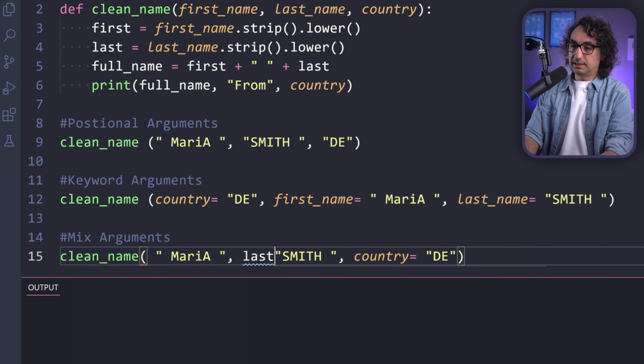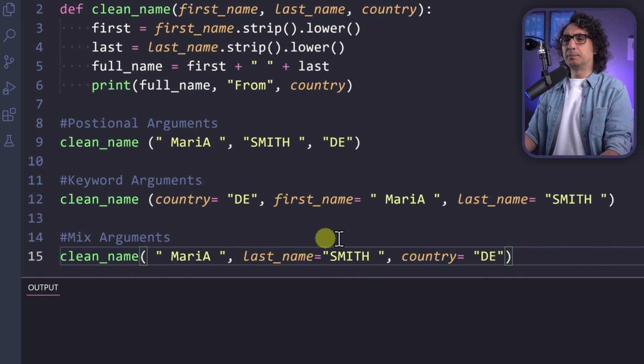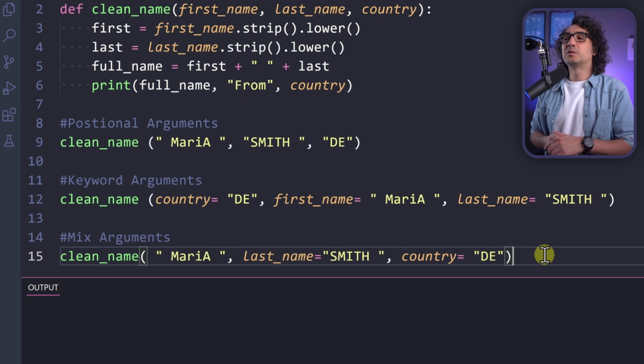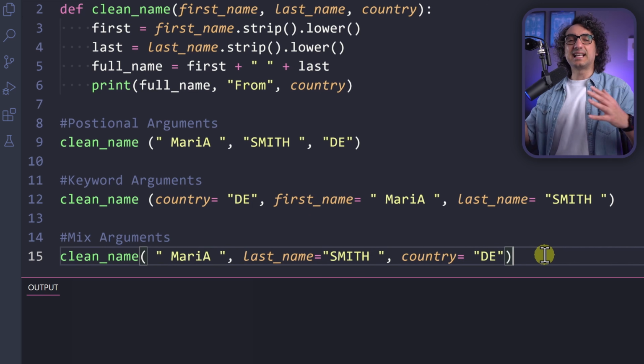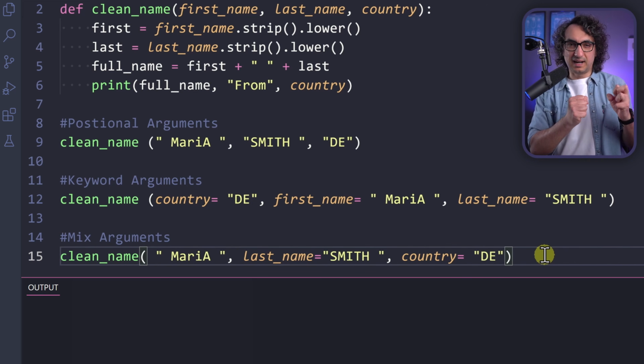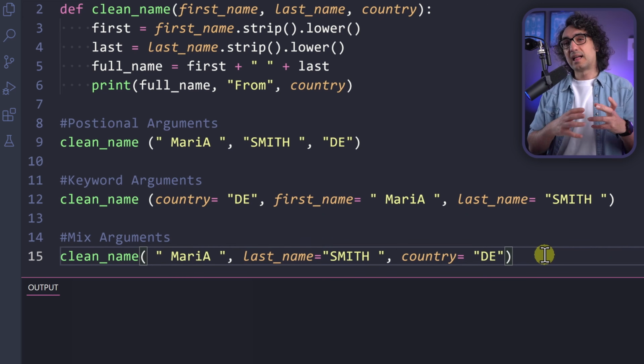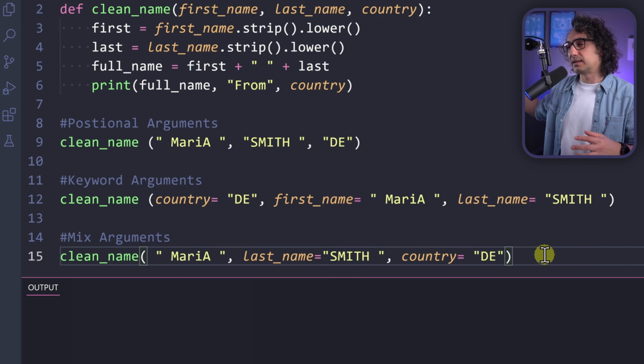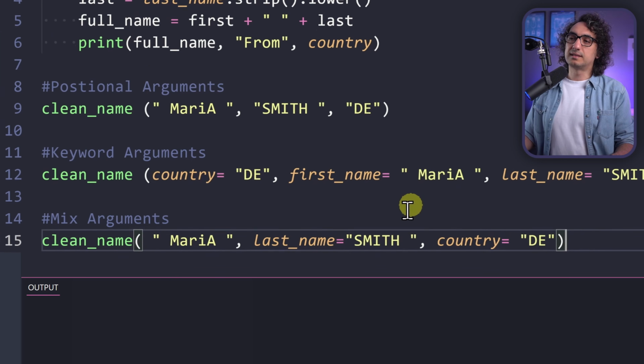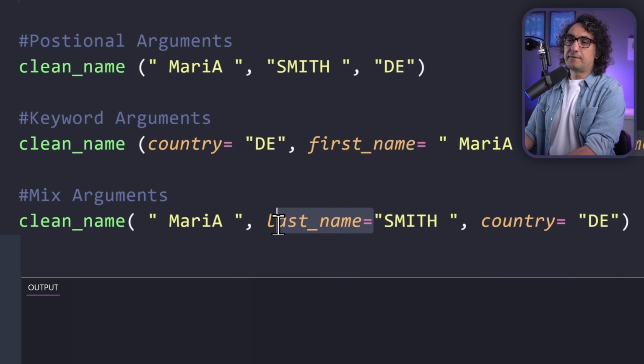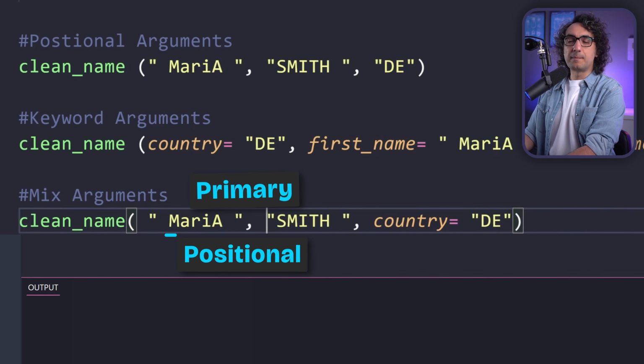Now you might ask, but why should we do this? Why mix the arguments? Well, the main reason is just a styling thing. If you have a lot of values, sometimes we have primary values, the most important ones, and then secondary values that help with the context. If I look at this example, I'm going to say the first name and the last name are the primary values.